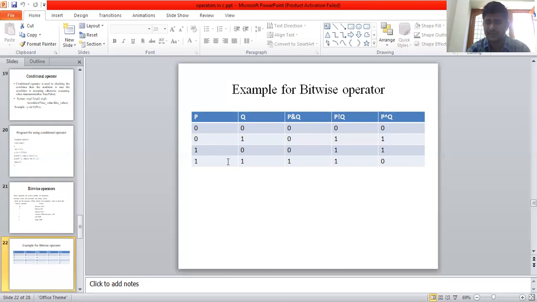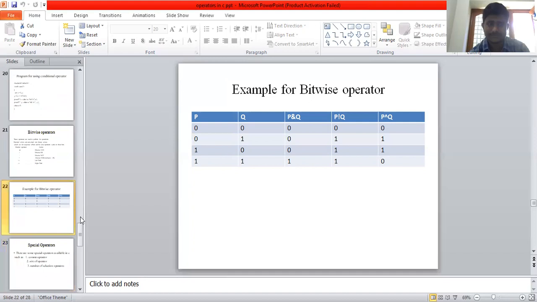Otherwise, the output will be 0. Here, if P and Q are both true, that value will be true. If both variables are false, only then the value is false. Remaining cases are always true. Okay, that is the example. These are the examples for bitwise operators.